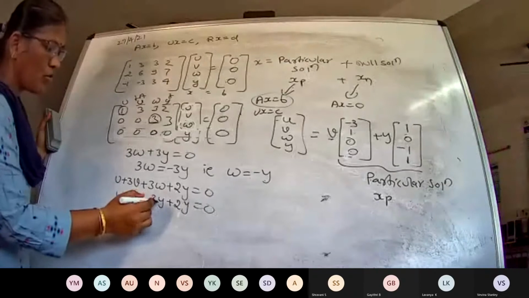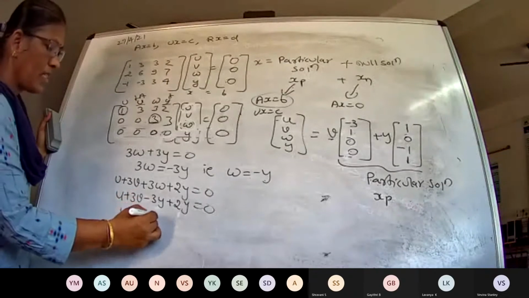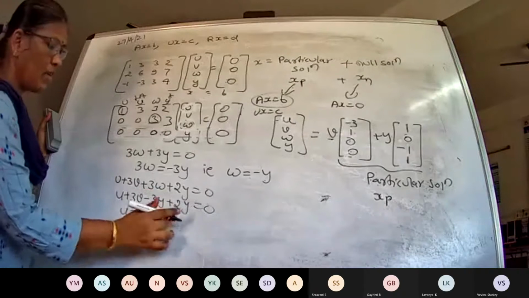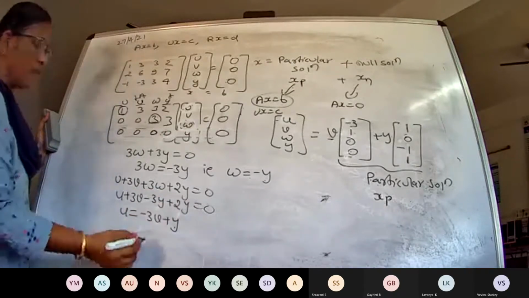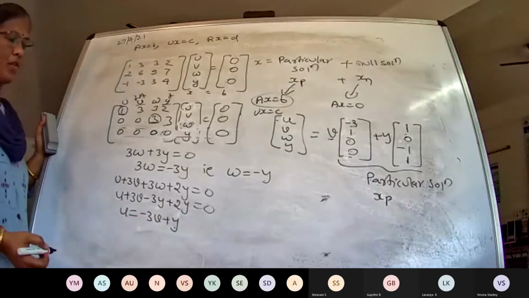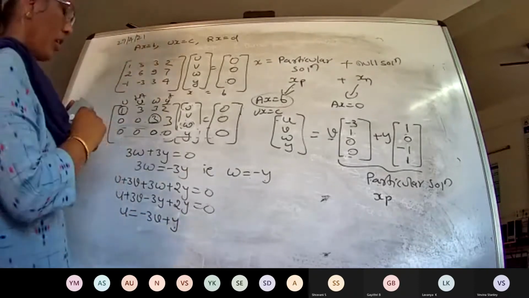If I solve this, U equals minus 3V, and here I will be getting minus Y. When it goes to the right hand side, plus Y. So what I will be getting? Minus 3V plus Y. Okay. So now what will be your